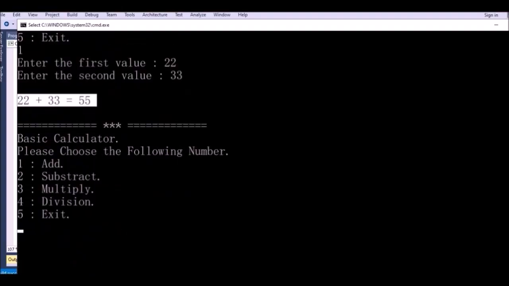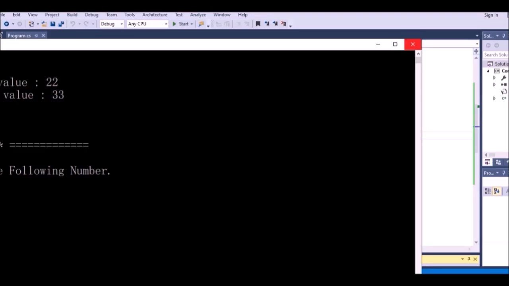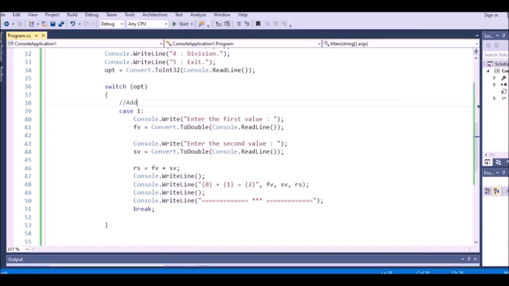But our program is not finished yet. So when I put another number, if you not, I have to close this one. So now this means that our